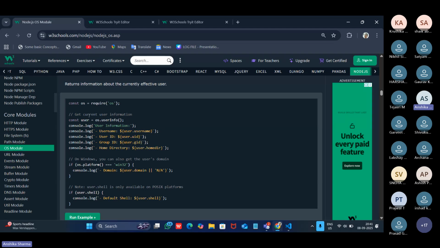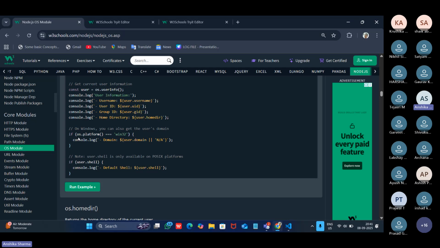Similarly, all the information from the .userInfo method has been stored into this user variable. Now we are trying to access the different properties. First of all, the username. Next is UID and GID, which is group ID, and then the home directory. So these are the different properties that are already present in this user information, and we are trying to access them using this dot operator, right?